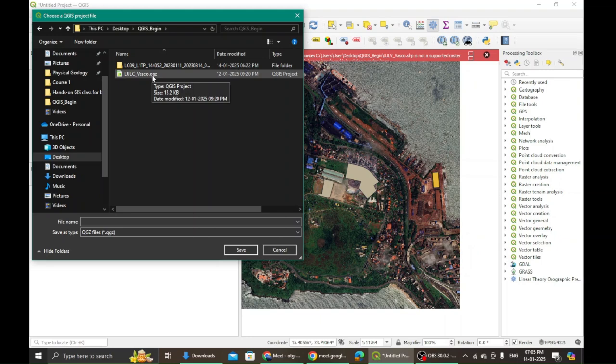The project file. It will end with the extension .qgz. It must be in your folder, right? Yes, done. Okay.